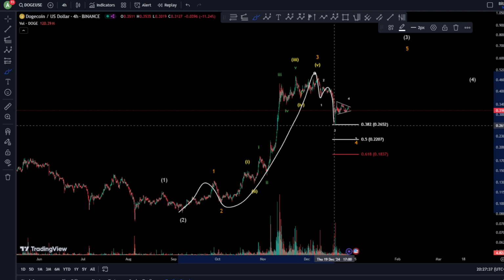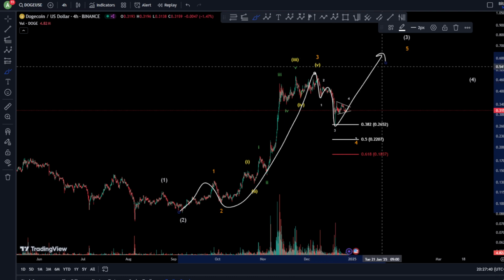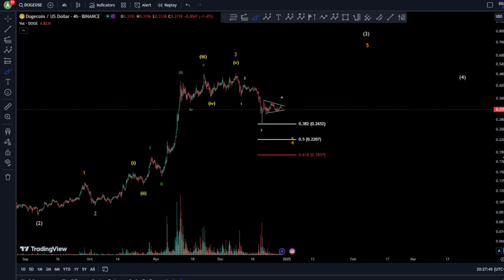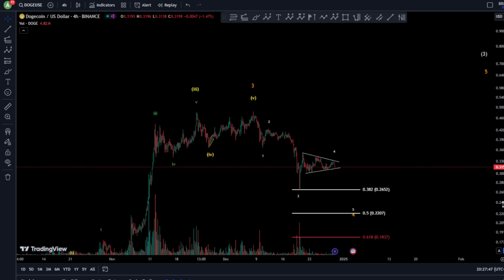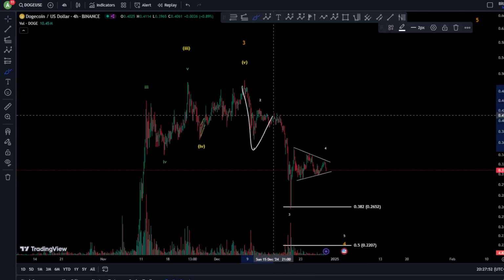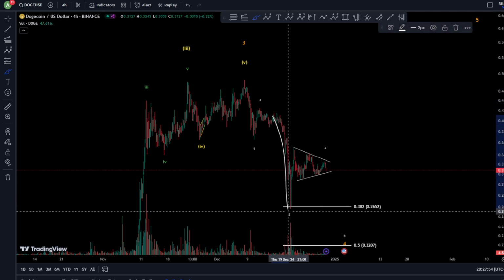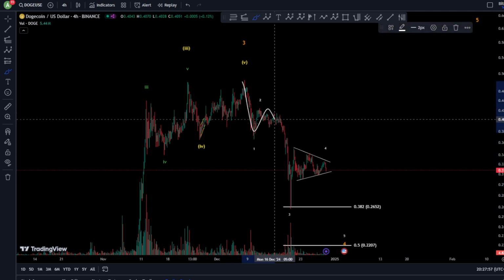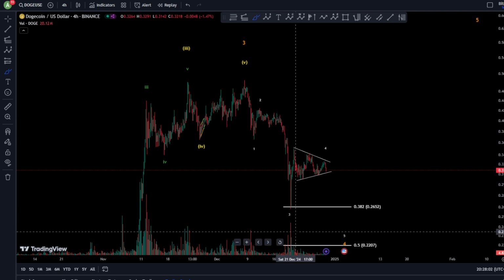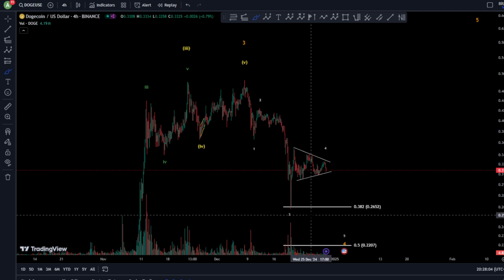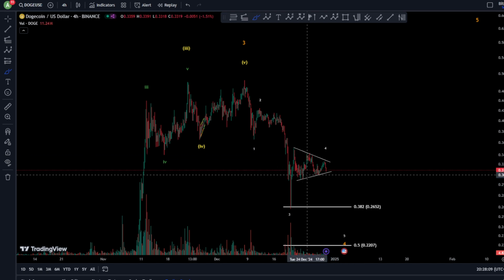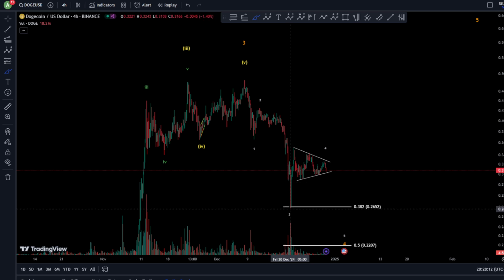Probably you would like to see a wave 4 and 5 continuation towards the upside. However, what is happening right now here is a little bit weird, because we are looking somehow at an impulse characteristic. The first reason is that this is a 1, 2, 3. Your wave 3 is very extended already, looking very good as an impulse. Plus, the volume is very high on your wave 3, an indication, of course, of a wave 3 towards the downside here. The second reason, or the third reason actually, is the wave 4 here unfolding as a triangle